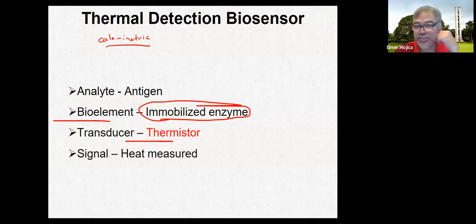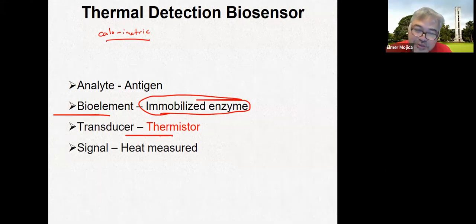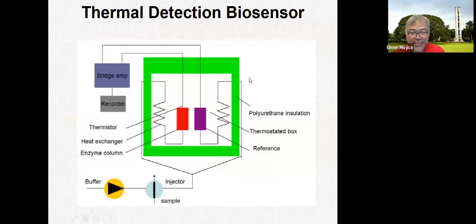So usually they said it's a resistance thermometer, or a resistor whose resistance is dependent on temperature. And what it measured, or what it generated, is a heat measurement. So we could say you use it for absorption or production of heat. Okay, so the way that they have this one,